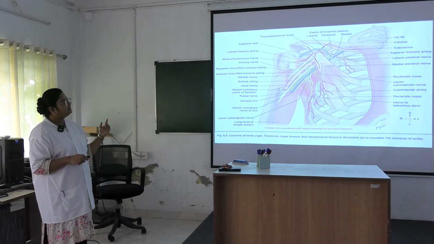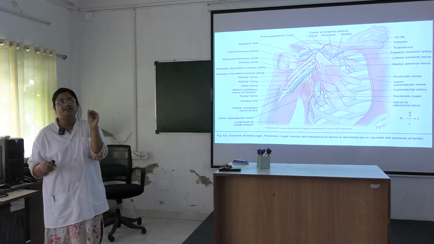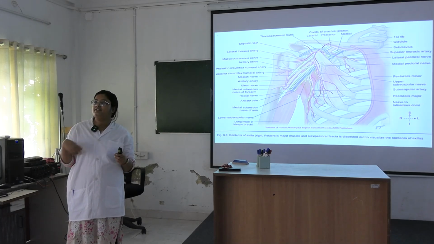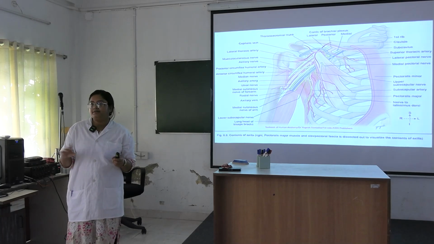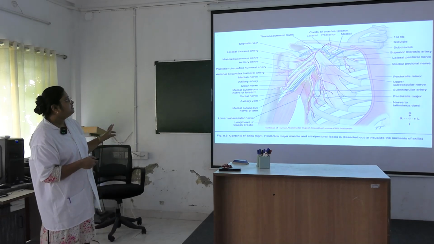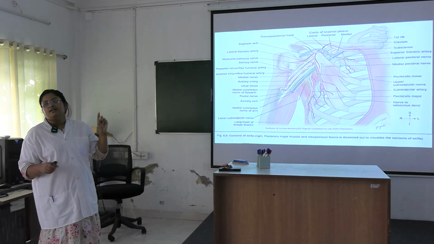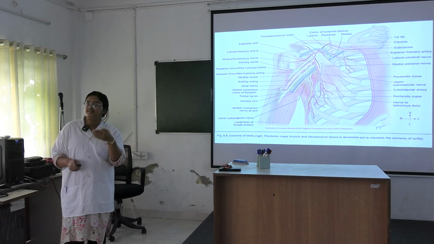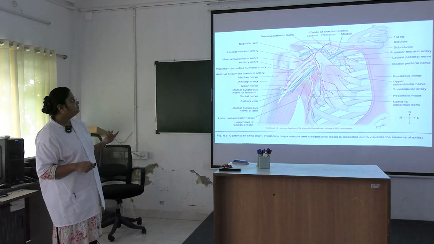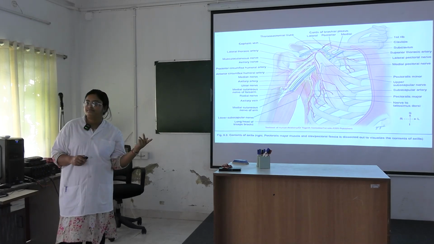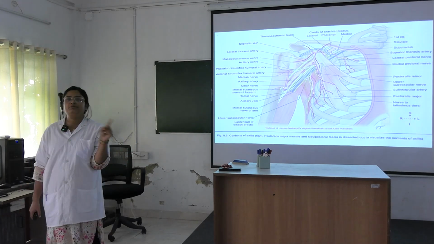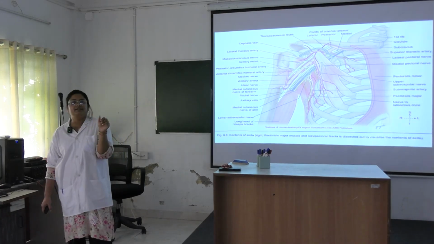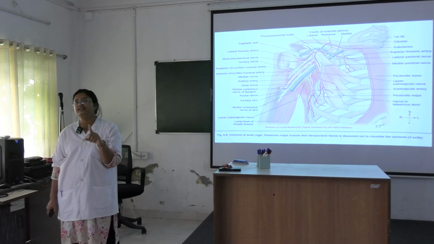Medial to the artery is the axillary vein. The vein has a very thin wall, is bluish in discoloration, and the lumen is very large. You can palpate it. In between the artery and vein, in the superficial plane, you will get the medial cutaneous nerve of the forearm. Write it down. In between the axillary artery and vein, what will you see? Write down first point: 1, axillary artery.